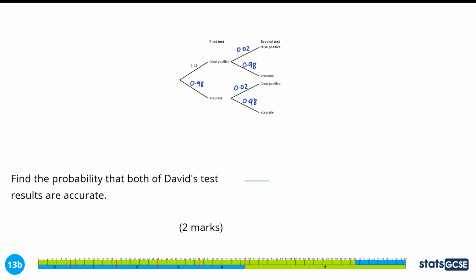Find the probability that both of David's test results are accurate. With a tree diagram, we always start here, and if both of the tests are accurate, we're going to go down here, and then down here. All of the probabilities we collect along the way, we multiply together, because in probability, the word "and" means times. Accurate and accurate: 0.98 times 0.98 is